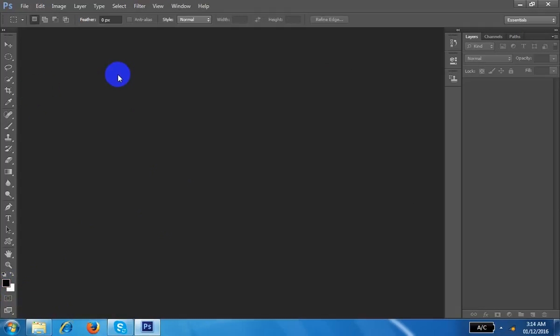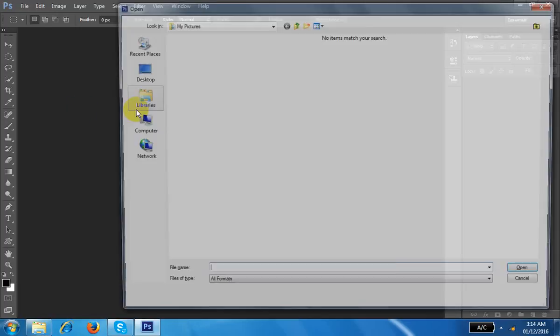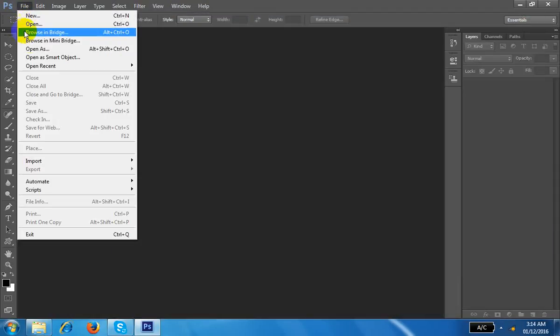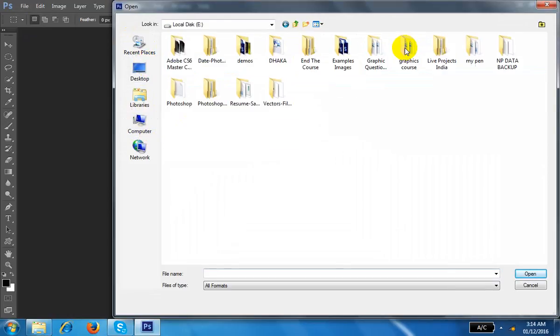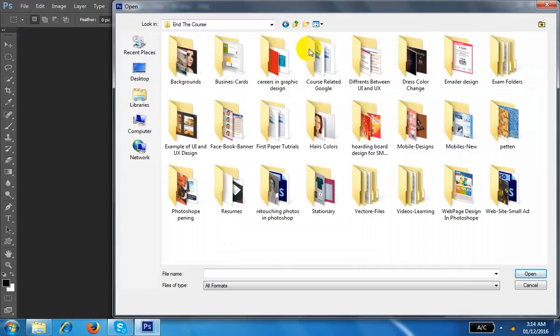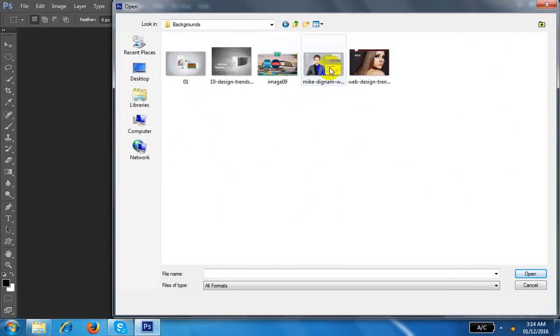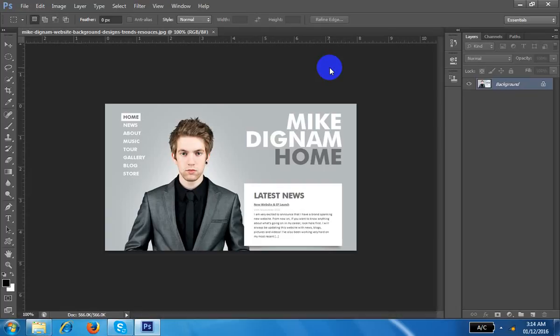So how to open any document? First of all, everybody knows that you can click on the blank area and open. And second one, you can press Control O and open the document. Third option, you can open from here only. Open. So this is your computer. Everybody knows that this is the computer portion. Go to the drive, and I have some news photographs. But at the end of the course, everybody will have this folder. Okay, I can open from this image. Suppose I select background. Okay, I can select this one. So this is the photograph I selected.